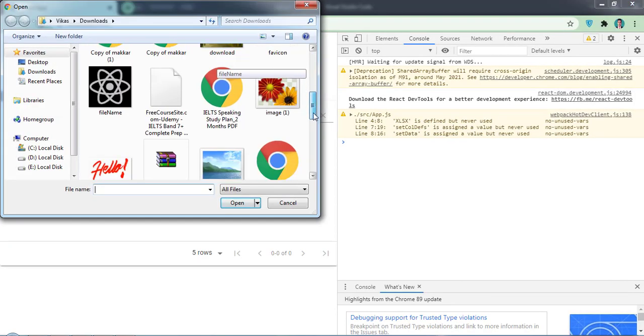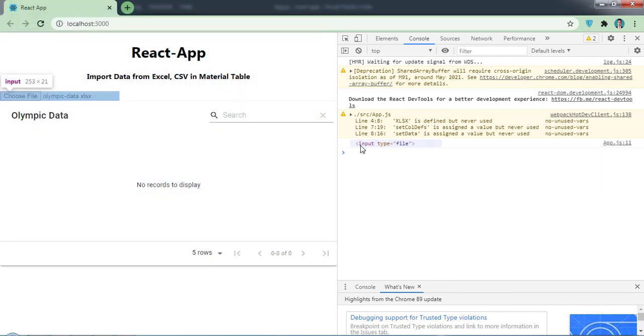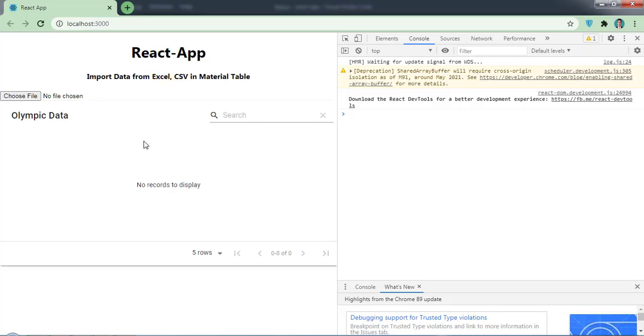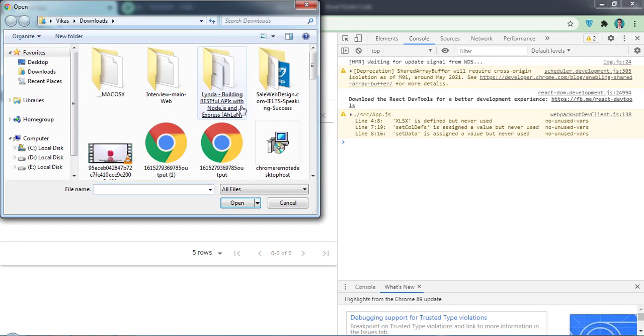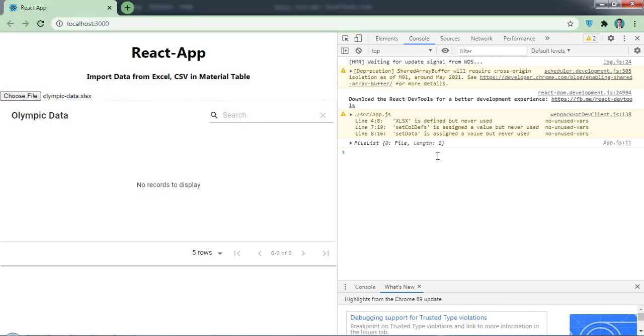So here, file. Okay, so now here we got this text box completely. So now what we can do is write here files. Okay, and what it will do is give me an array of files. So now let me select a file, and here you can see we have file list and here we have data.